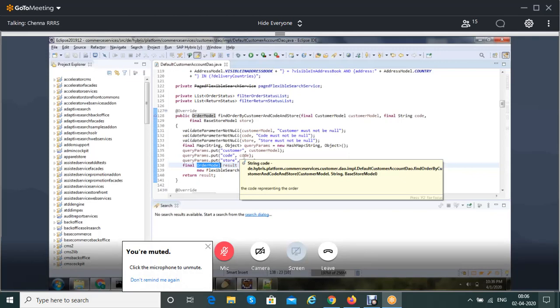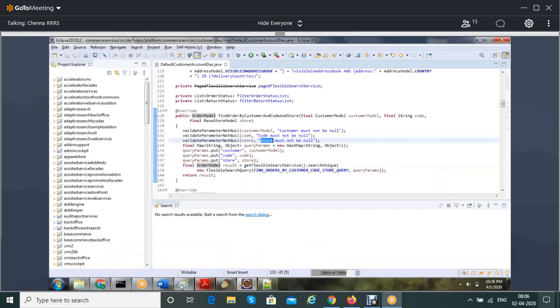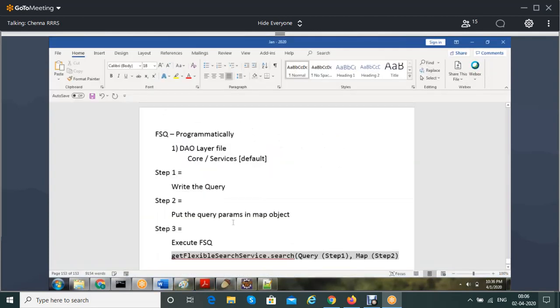Is this flexible search query only for select, or can it be used for update statements and everything? Yeah, that is what I told, right? After listening, you are asking again. I told yesterday very clearly, flexible search query is nothing but a select command, nothing more than that. You are writing a flexible search query means you are getting the records. There is no other purpose of the flexible search query.